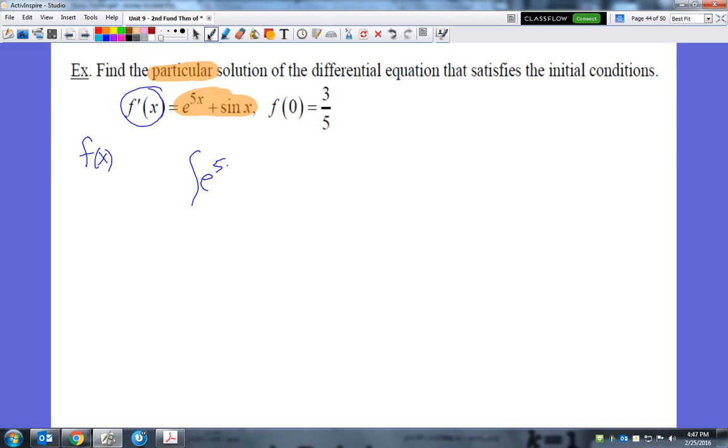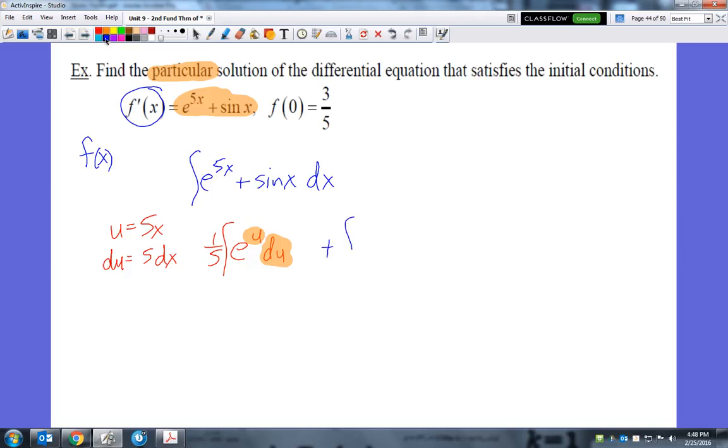So the integral of e to the 5x plus sine of x, with respect to x. I should see that the first one, and again I can break this up in two if I wanted to, or combine them together. At this point in time I think we can pretty much do it together without breaking it up. So u is equal to 5x, du is equal to 5 dx, so 1/5 of e to the u du. Okay, so now it will be broken up because I needed to get this in terms of u so that I could integrate with respect to u. Okay? The other one could have remained the same, just plus the integral of sine of x